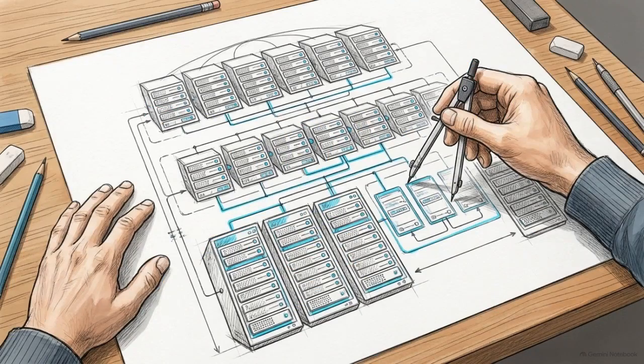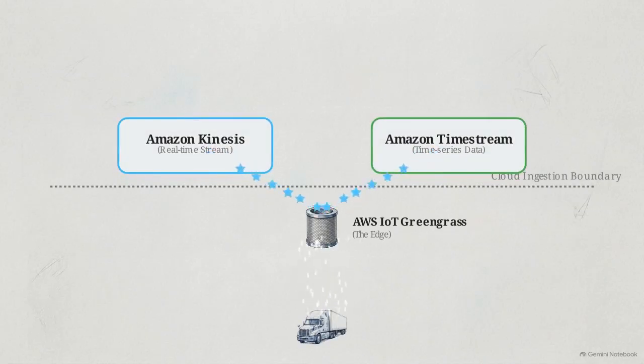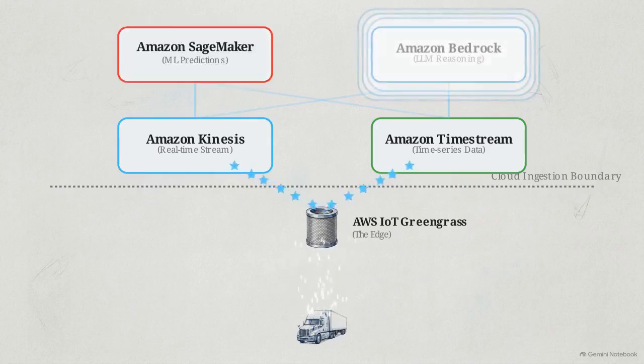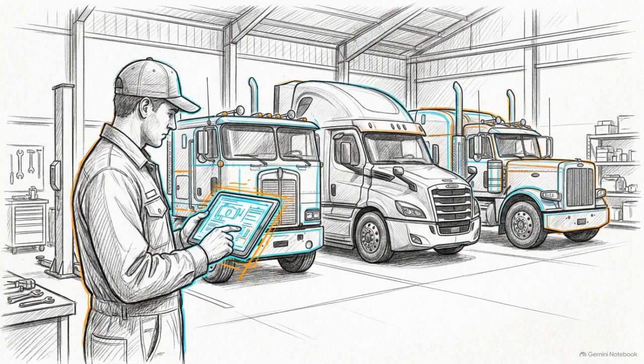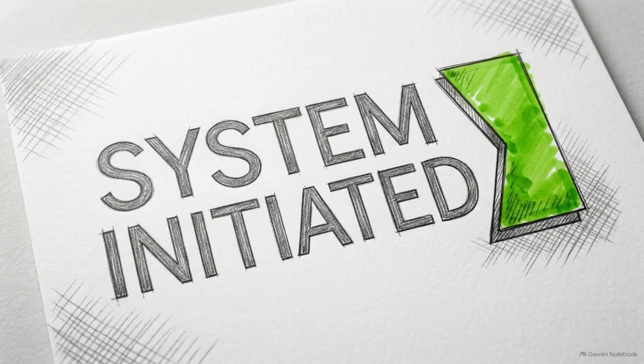With the graph structured, the processing architecture built on AWS must physically map data computation to data frequency. High-frequency telemetry, like EMA CAN data at 100 Hz, is filtered at the edge using AWS IoT Greengrass to preserve cellular bandwidth. Above, ingested signals stream into Kinesis and Timestream, powering SageMaker and Bedrock for cloud intelligence. This end-to-end data spine provides the technical context needed for models to generalize across manufacturers and for automated actions to remain verifiable.